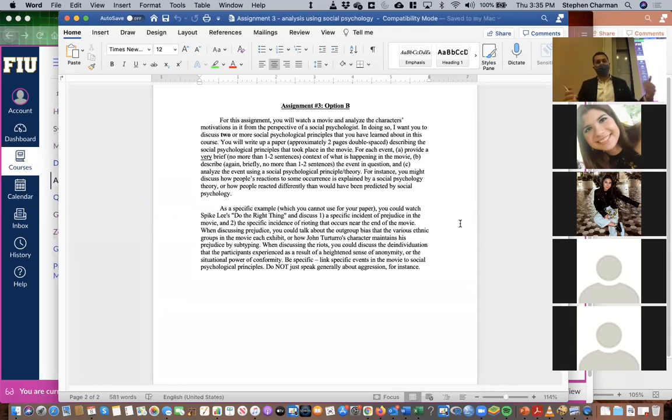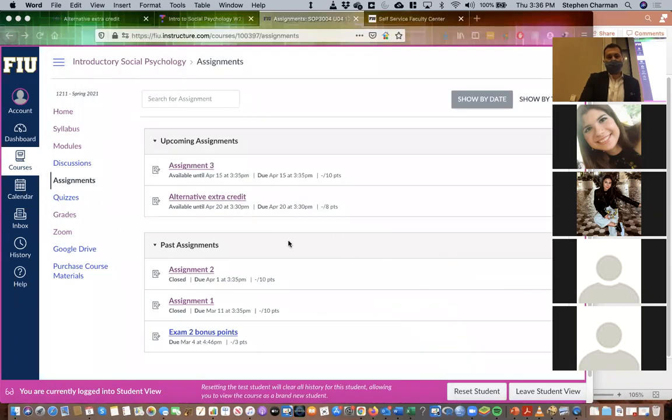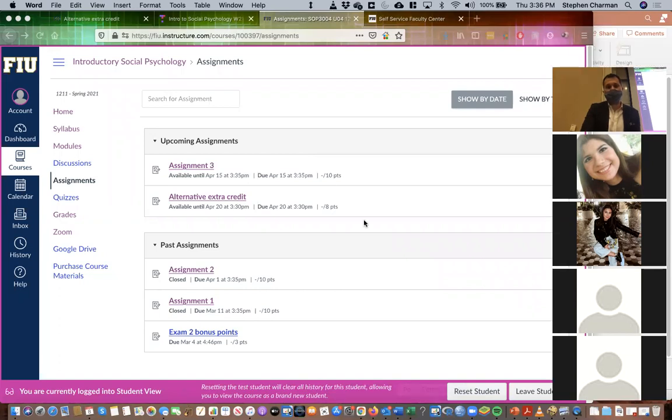Make sure you go into depth about some sort of theoretical perspective, or talk about some sort of social psychological phenomenon. Okay, so that's assignment 3. Again, that's due 1 week from today at 3:30. And you're going to turn that in over Canvas just like the other 2 assignments. So you should be able to see that right now in Canvas. That should be visible too.